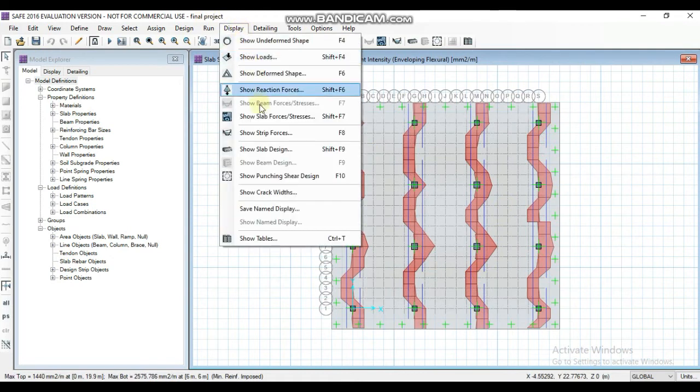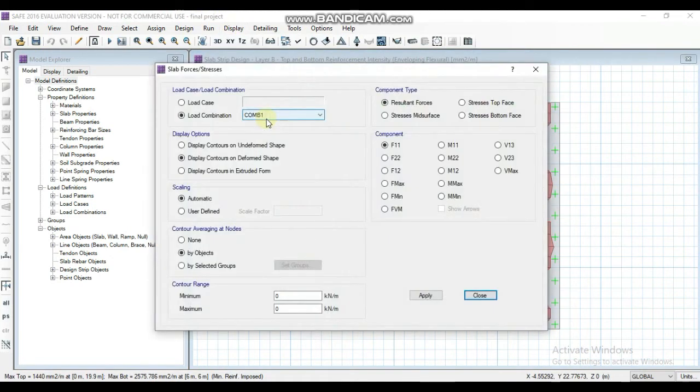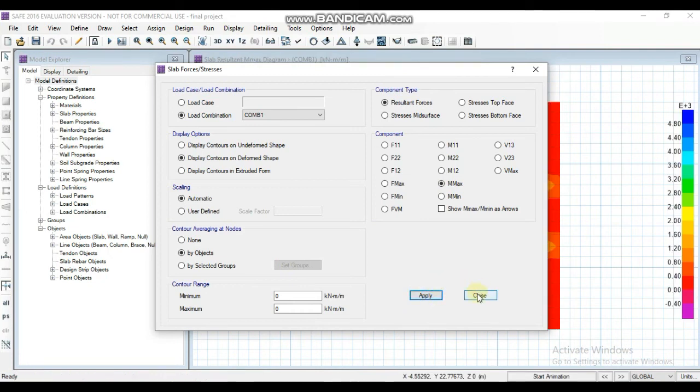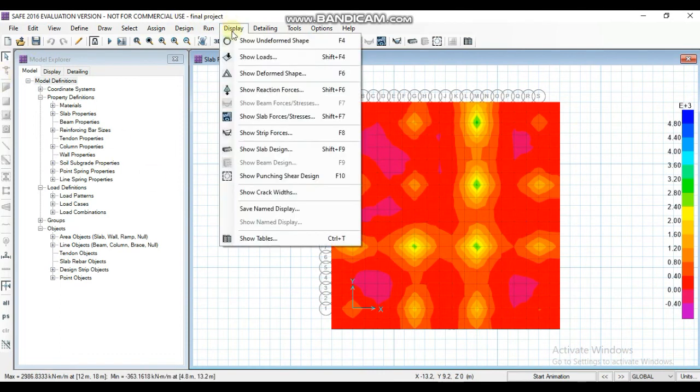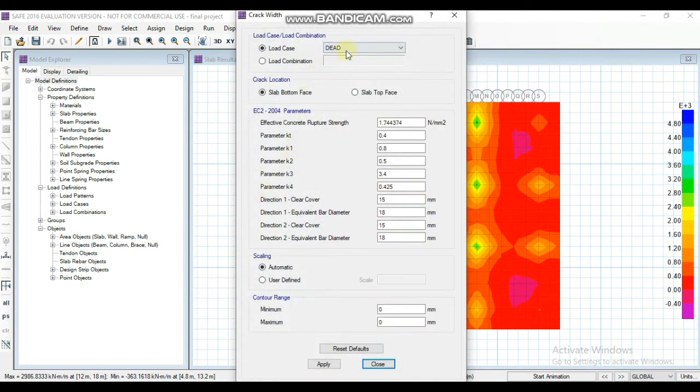Now go to Design and click on Slab Forces and Stresses, click on apply, close the tab to view that. So this is the slab resultant maximum design. Now go to Design and click Crack Width,